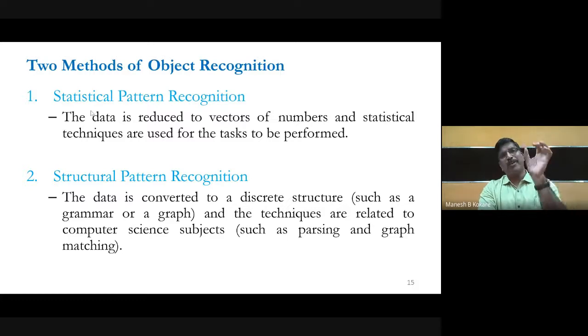For example, if you extract the height of that person, you get a number. What is the weight of that person? You get another number. What is the voice pattern? You get, suppose, some voice number and so on. So in statistical recognition, you basically have numbers.